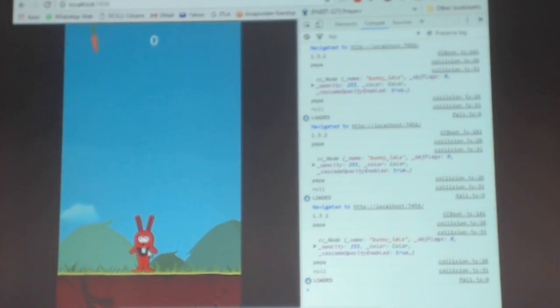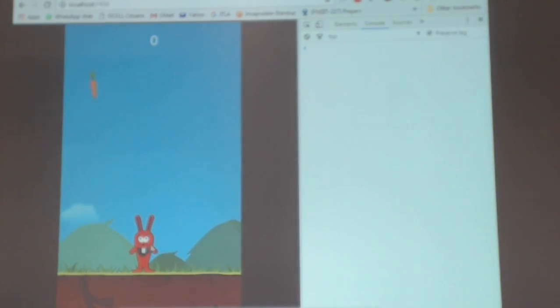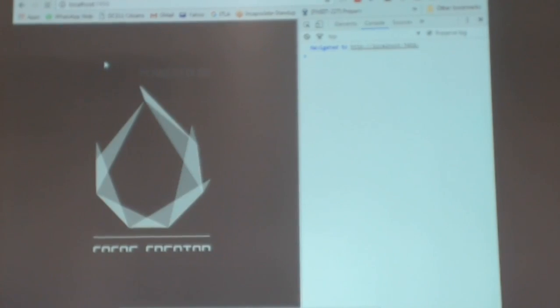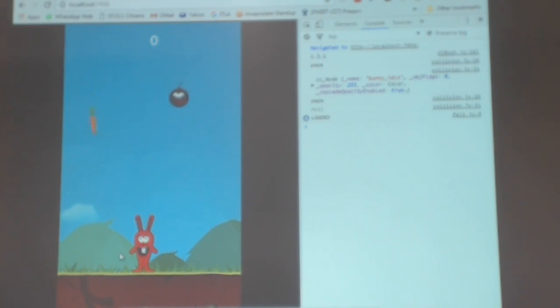So something we could take a look at is the event handling. Like I want to move the bunny. The code is written, but it's not moving right now. I'm clicking on it and it's doing nothing. So we're going to take a look at how the events are actually handled and how we can apply that code to a particular sprite. So here I have the move bunny script.